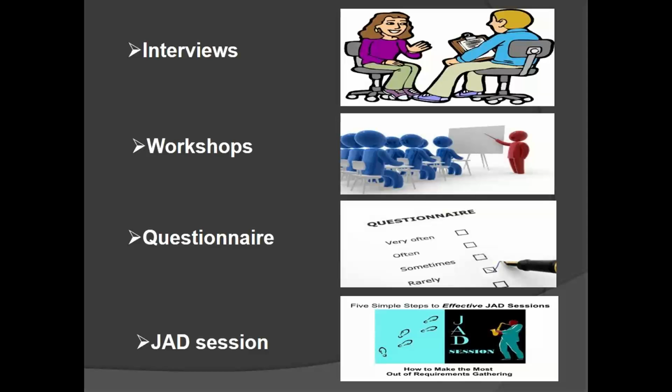The people who participate in JAD sessions are: the first one is facilitators, second end users, third developers, fourth tiebreakers, fifth observers, and sixth subject matter experts. Facilitators are nothing but the BAs, end users means the users who are going to use the system, and developers are the ones who are going to develop. Tiebreakers are above managerial level people who can take decisions on the project. Then observers and subject matter experts. So these six kinds of people can participate in JAD sessions.